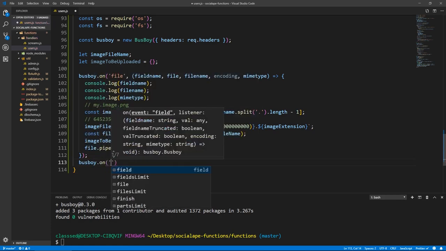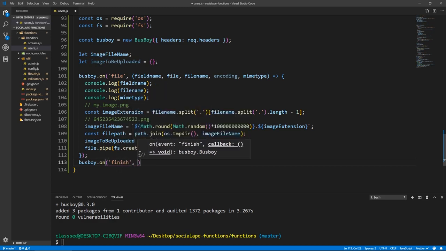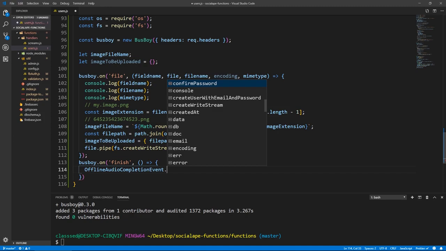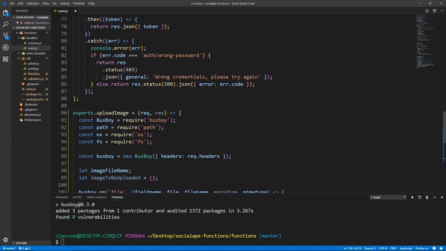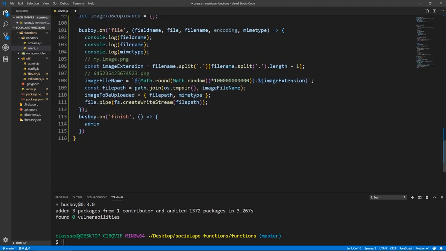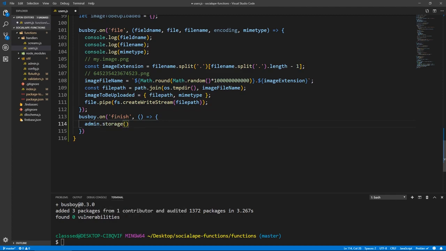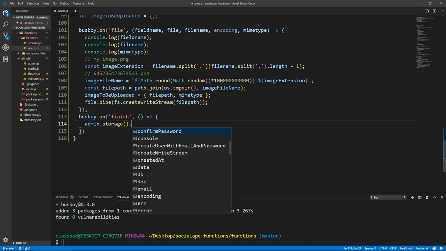Now after this event, let's do busboy.on, and this event is the finish event. So once this is done, this will be executed. It's going to have a callback that doesn't take any argument, and here we need to upload this file that we just created. So admin dot... we don't have admin. We need to bring admin in. So here we bring admin. Let's go back down. So here we do admin.storage().bucket()